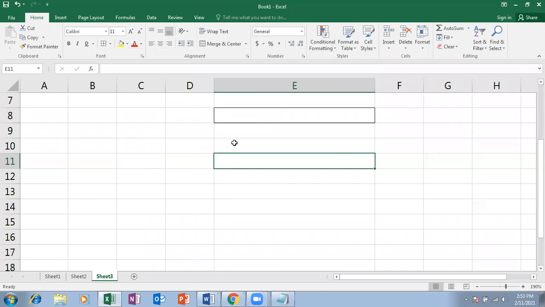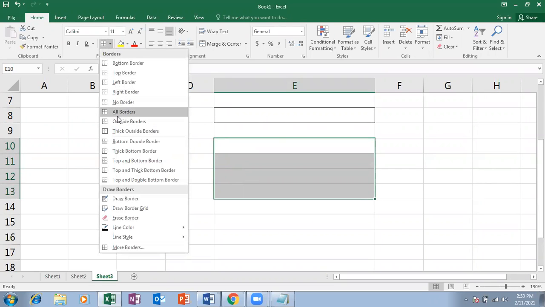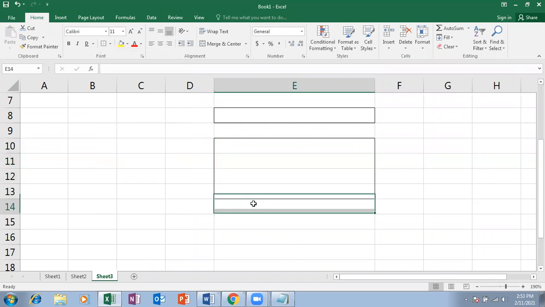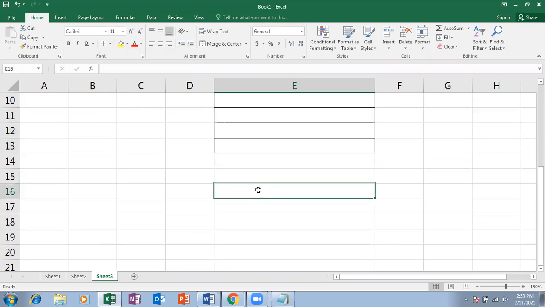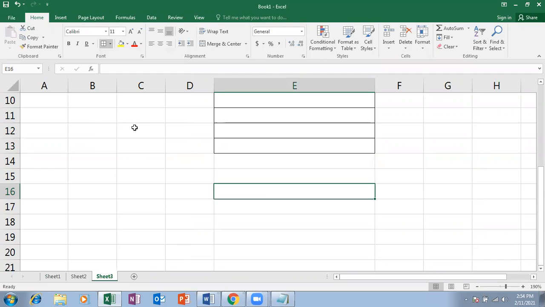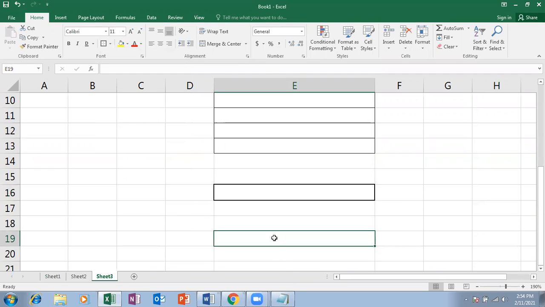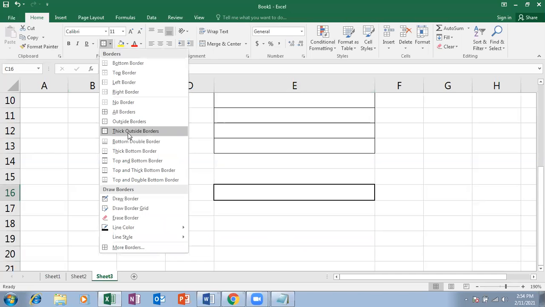If you want border on the outside only, wherever you are having this green color line border, then say outside borders, like this. When you want all sides, so even this line also, then say all borders. Then click here, select thick outside borders.